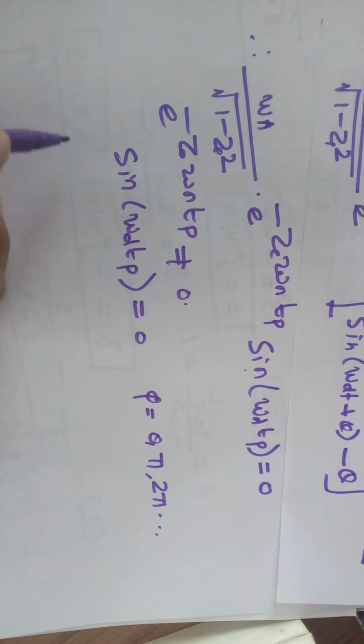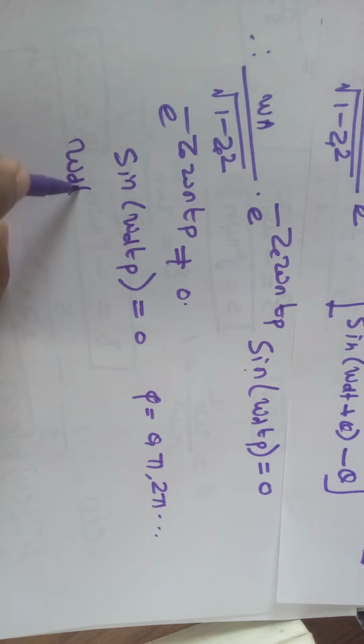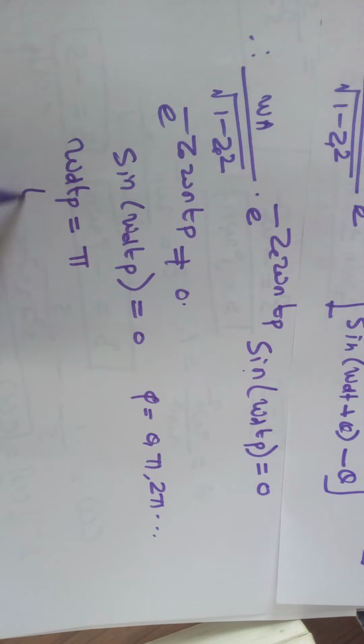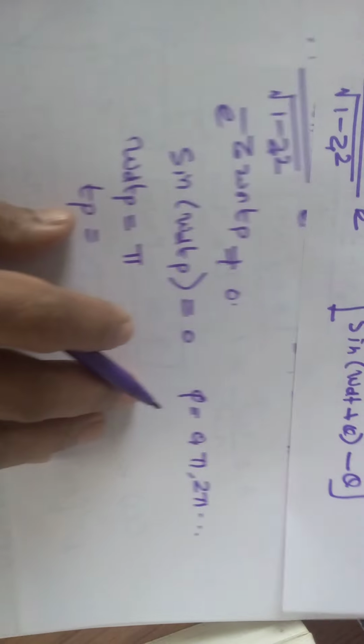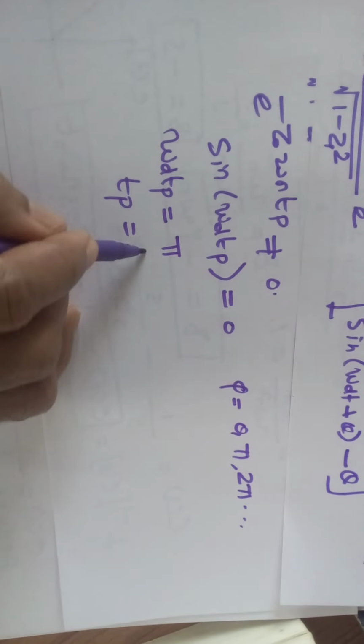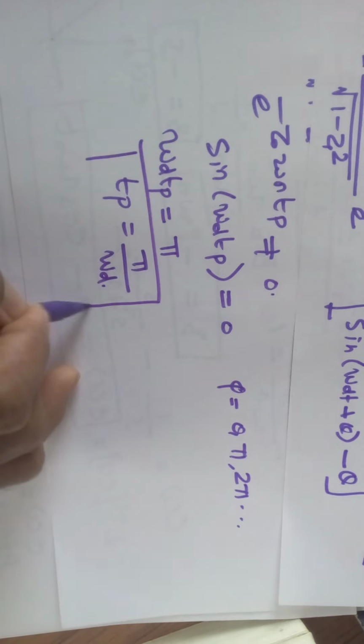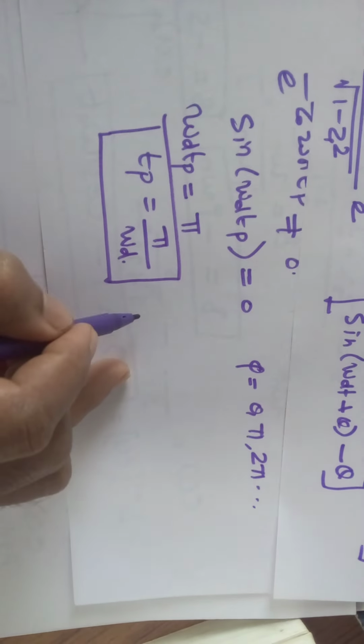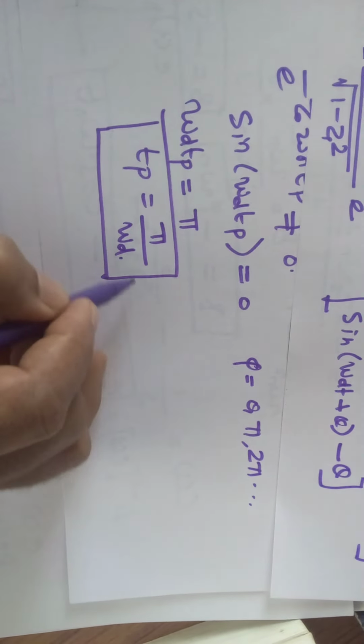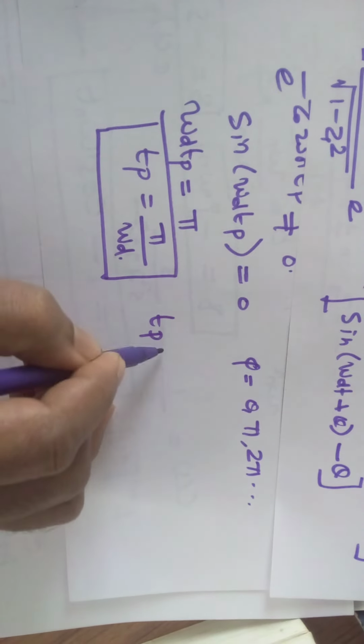Right? Therefore we can write omega d Tp is equal to pi, or we can write Tp is equal to pi divided by omega d. Understood? This is the final equation. So instead of omega d, you can substitute the value. So we can write this as Tp is equal to